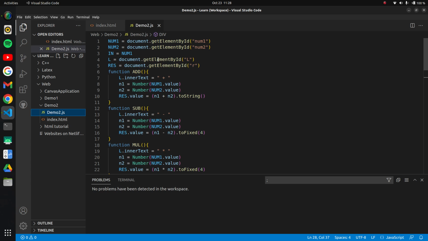Whatever we type in our input, it will convert that string into a number, if it is a number. So this is Number of num1.value, where num1.value is the string. Similarly for n2. Then just add these and convert to string. I think I should say toFixed(4). toString converts to a string, but toFixed also converts to string, except it's specifically for